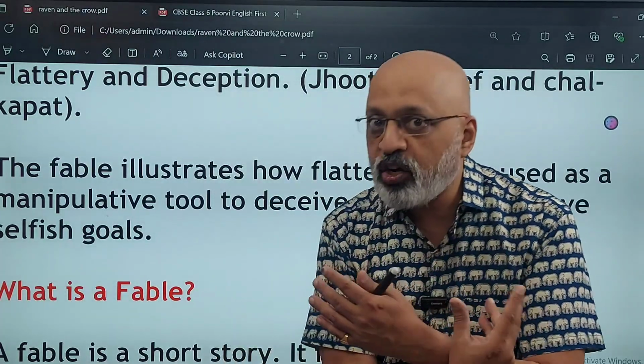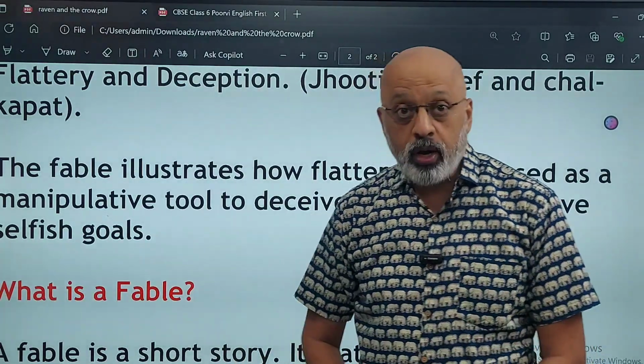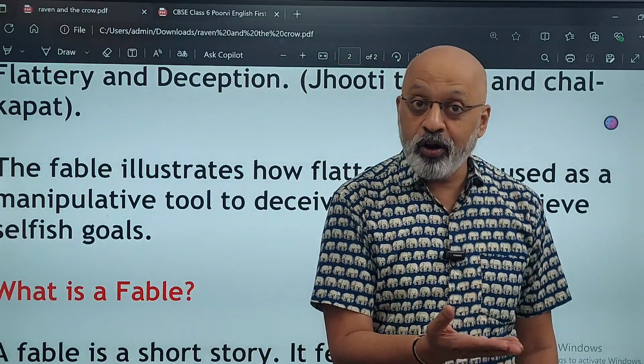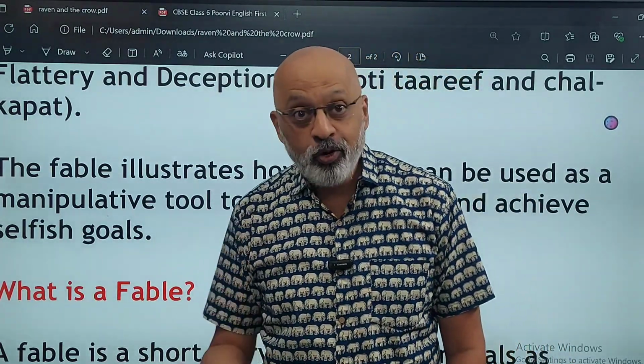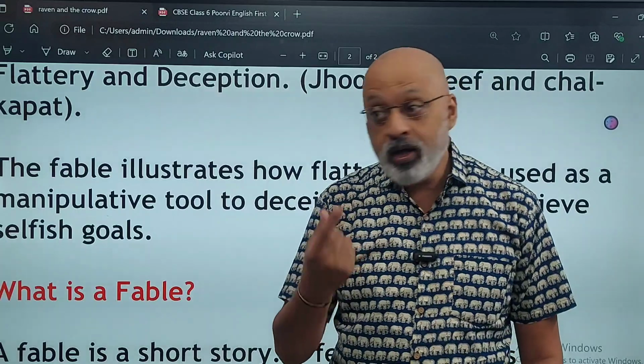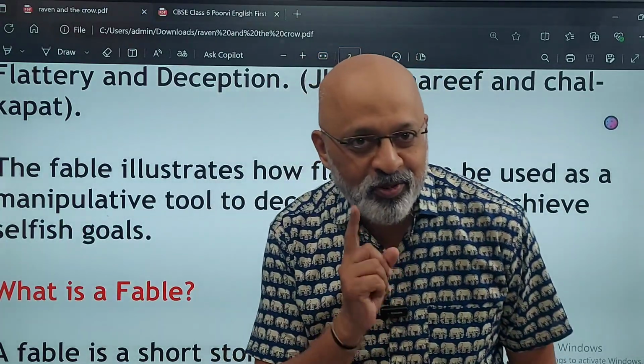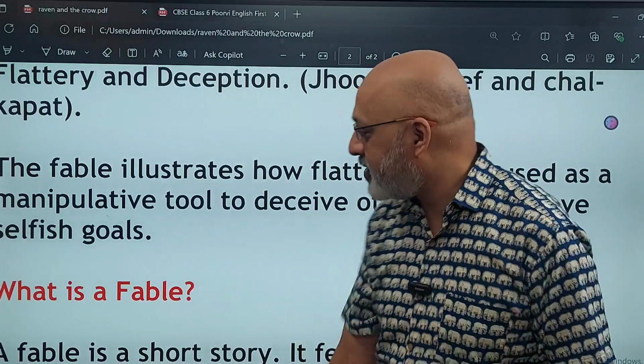He said it in such a way that raven thought, हाँ मैं तो गाना गा सकता हूँ. He called me a handsome bird. He called me Sir Raven. He praised my feathers. So he's saying, if I sing, the birds will call me king. Ha, acha hai, main karta hu. How many times we also do that, right? So that is the lesson.